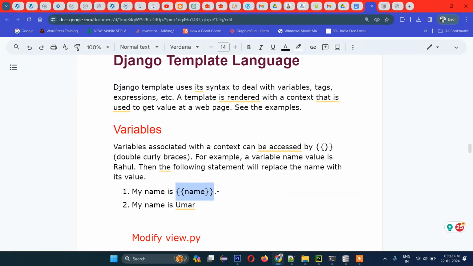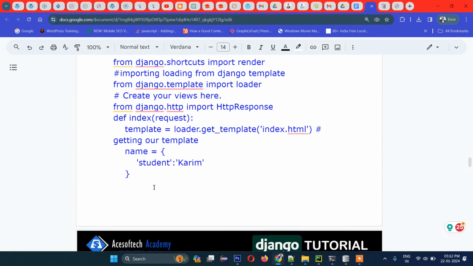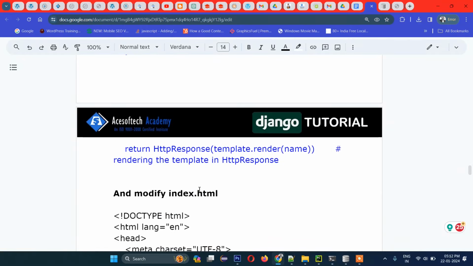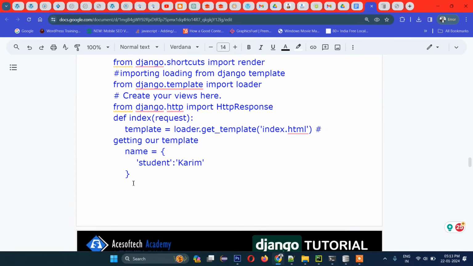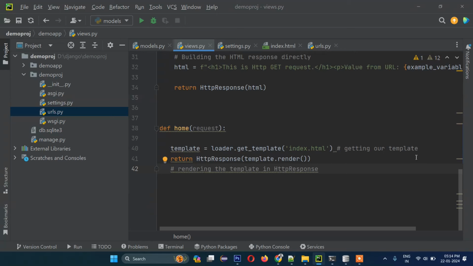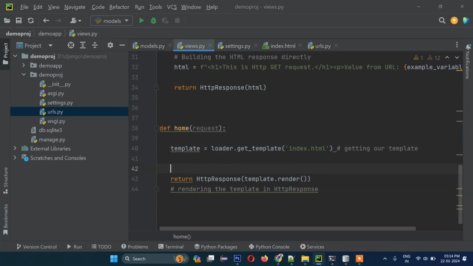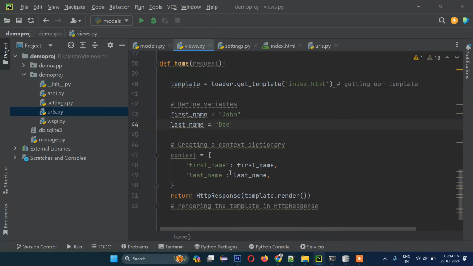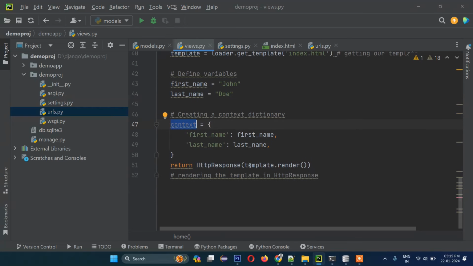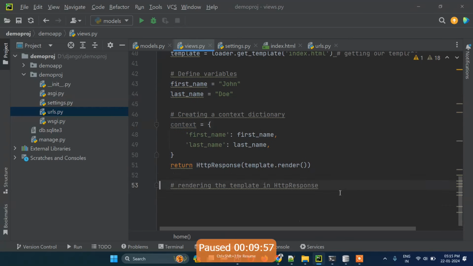So what we will do in our HTML file, we will declare variables. Let's write two variables, say first name is John and last name is Doe, and here we are making it as a context-like object. This first name will be taken from here. We could have written directly here, but no problem. Last name, okay, and this context now we will send here in HTTP response, and here we need to write two parameters,